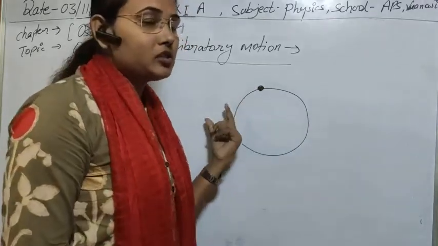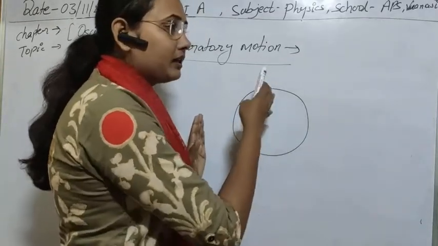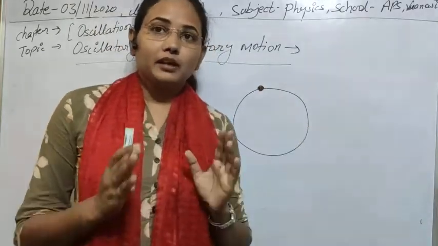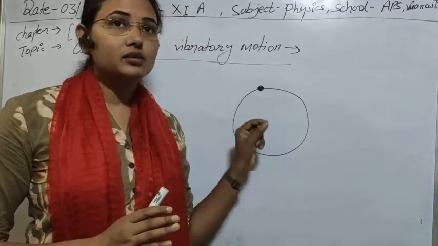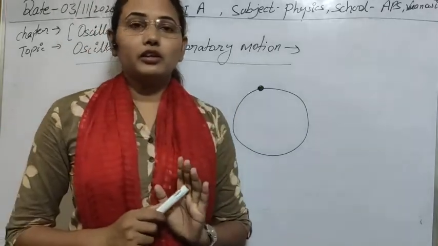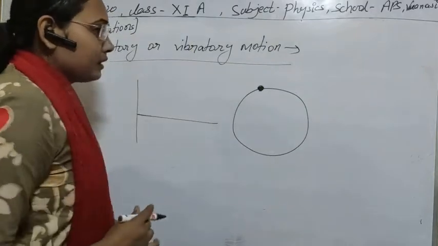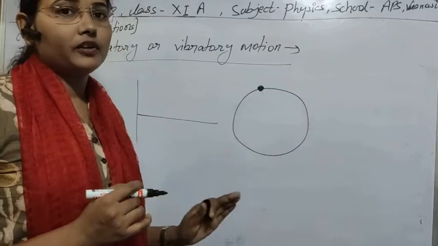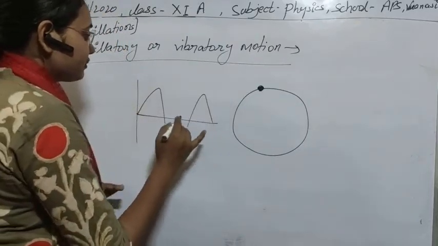Or simply, in case of time, you can also predict it: after a certain interval of time, if the particle repeats its motion and returns to its initial position and the motion continues, then such types of motion are known as periodic motion. Like we have seen in the case of trigonometrical functions, if we plot the graph of trigonometrical functions, suppose that I am plotting the graph of a sine wave, it looks like this.